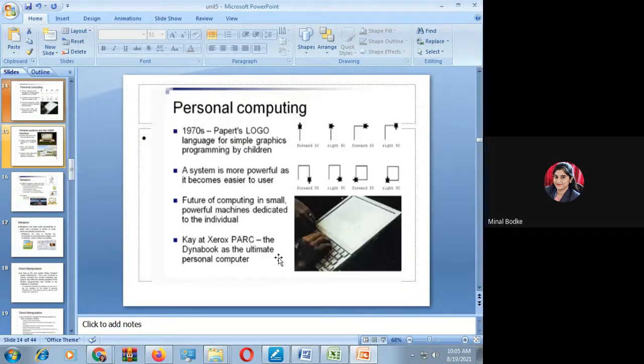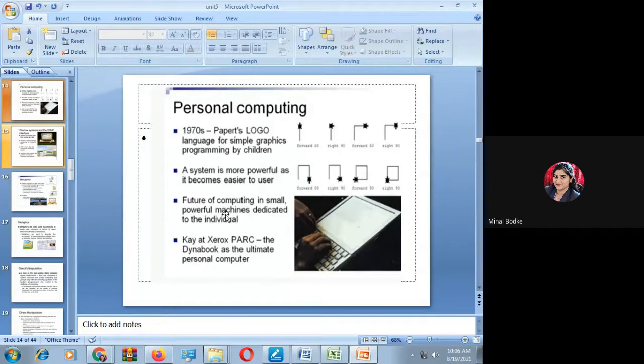Again here, in the programming toolkit era, Engelbert developed the concept of personal computing. Personal computing means that personal computers and computing power came into the picture. An individual can operate computers like laptops and personal desktops. So this came into the picture.